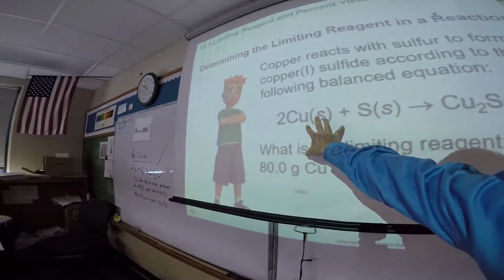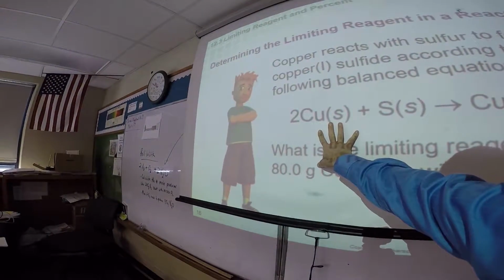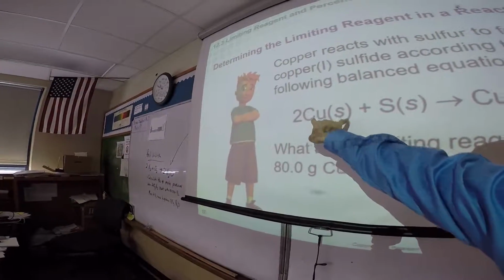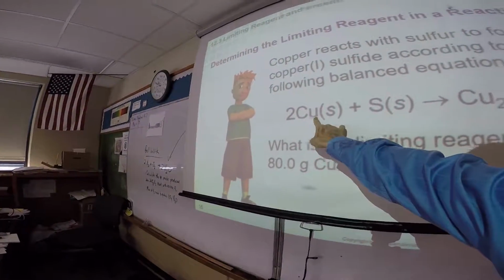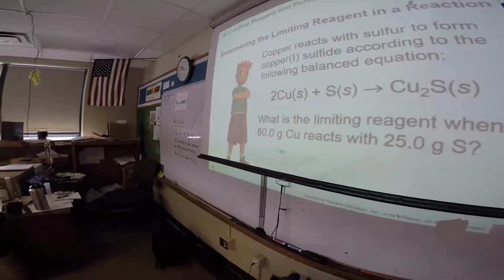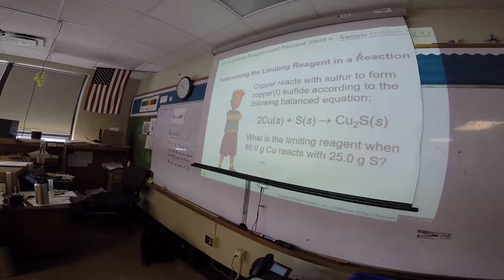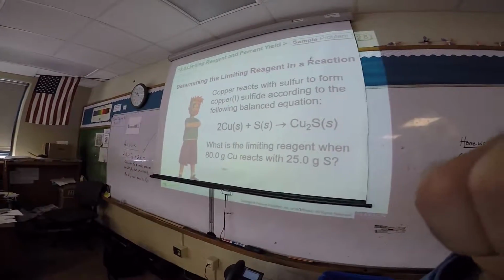So up here we have the recipe. Now when you look at the recipe, you're really only concerned about the reactants. What's the ratio here? Yeah, it's a 2-to-1 ratio. Does everybody see that's a 2-to-1 ratio? That's what I go to at the start. Just find out what the